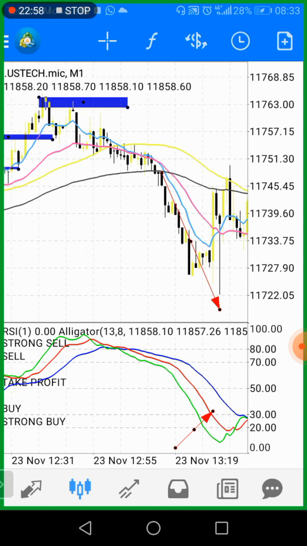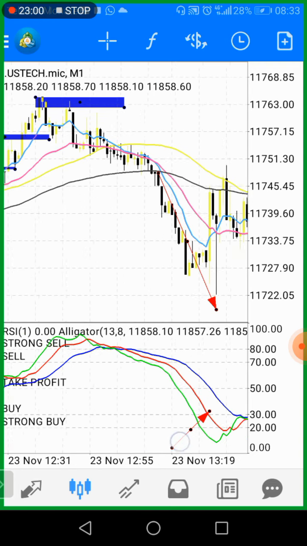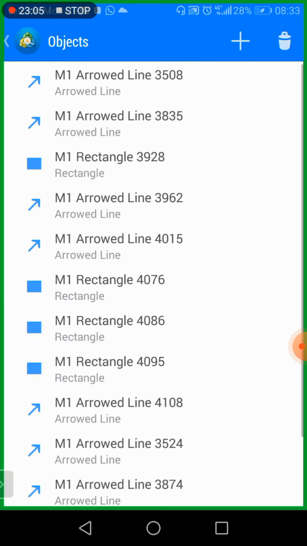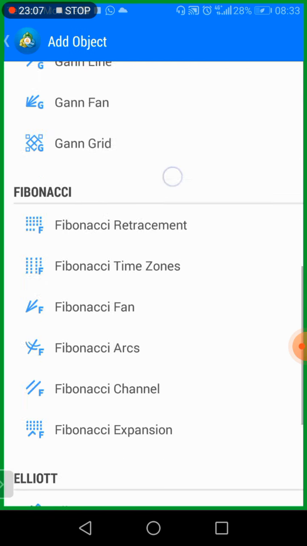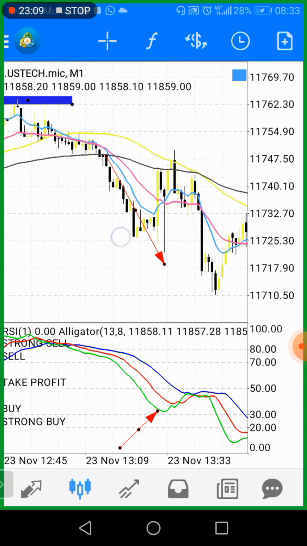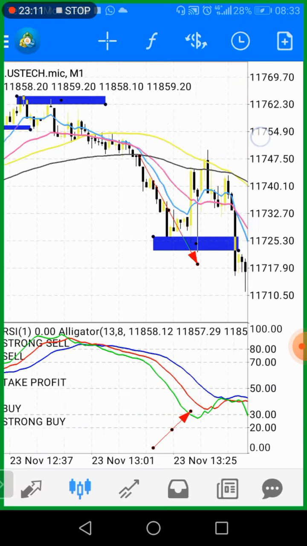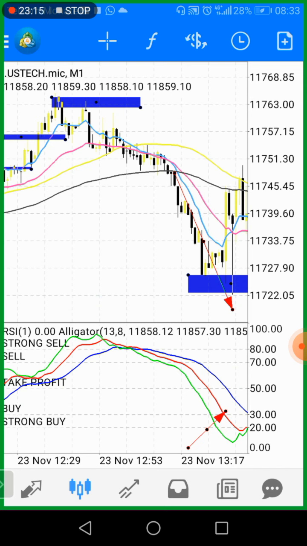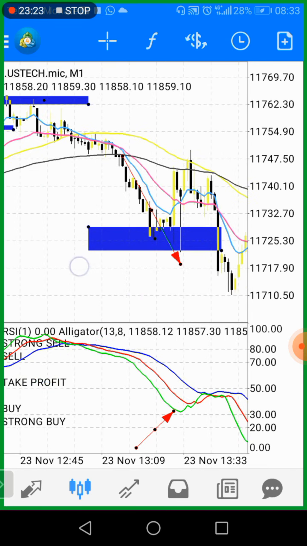So here what we see, we can expect a reversal because we are already oversold, and we had a double bottom. Here's a double bottom here, guys. Yeah, here's a double bottom. When price was here, we expect those buying opportunities. We could have taken an entry because of the double bottom, and our alligators there